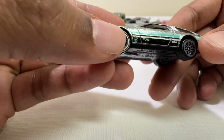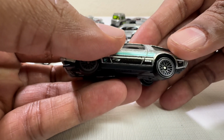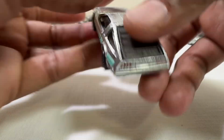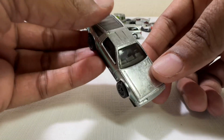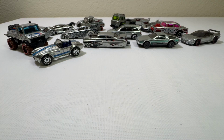So there we have the flame symbol, noting that it's a treasure hunt, right? And I think it says DMC here, right? So pretty cool. Nice ZAMAC edition, unofficial ZAMAC edition. And then